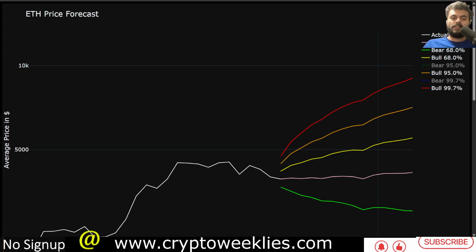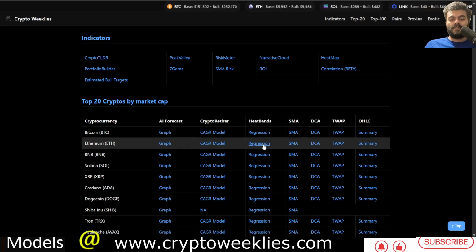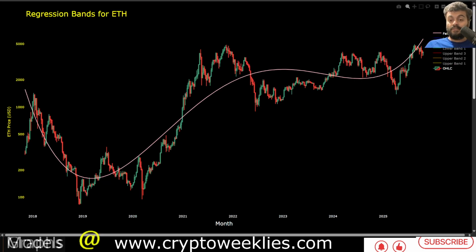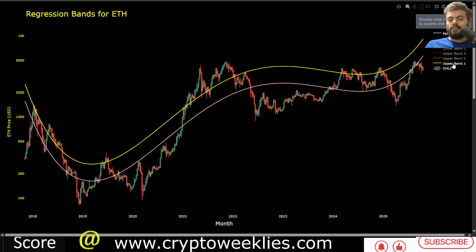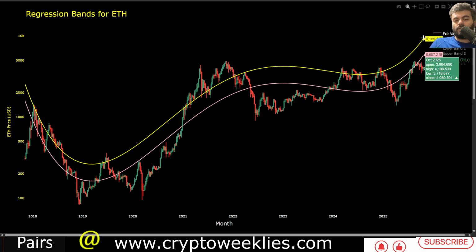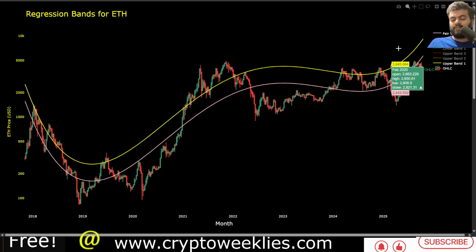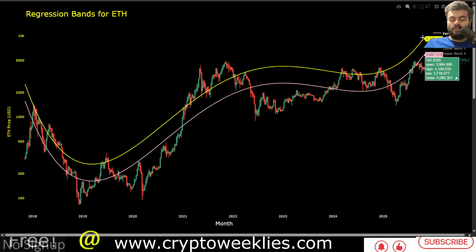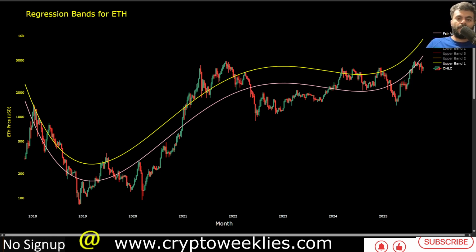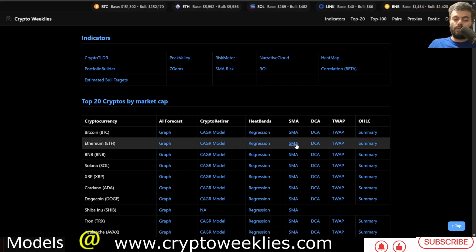So that's the machine learning side of things. The regression based scenario, the first one is a polynomial regression based model where the fair value for ETH is at around $5,700, close to that non-euphoria bull run target. If we overshoot that, as we did back in 2024 three times, and go to this yellow line, that ceiling for ETH is at around $9,200. And again, 5-6% higher than that could get ETH to that 10k coveted target. And that's the polynomial regression model.